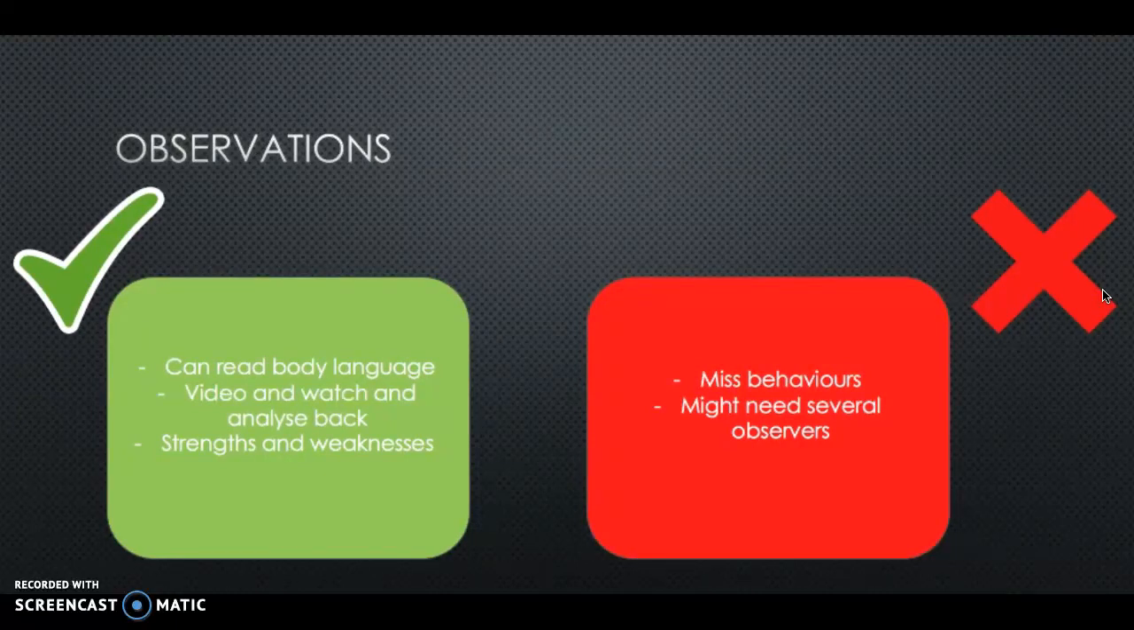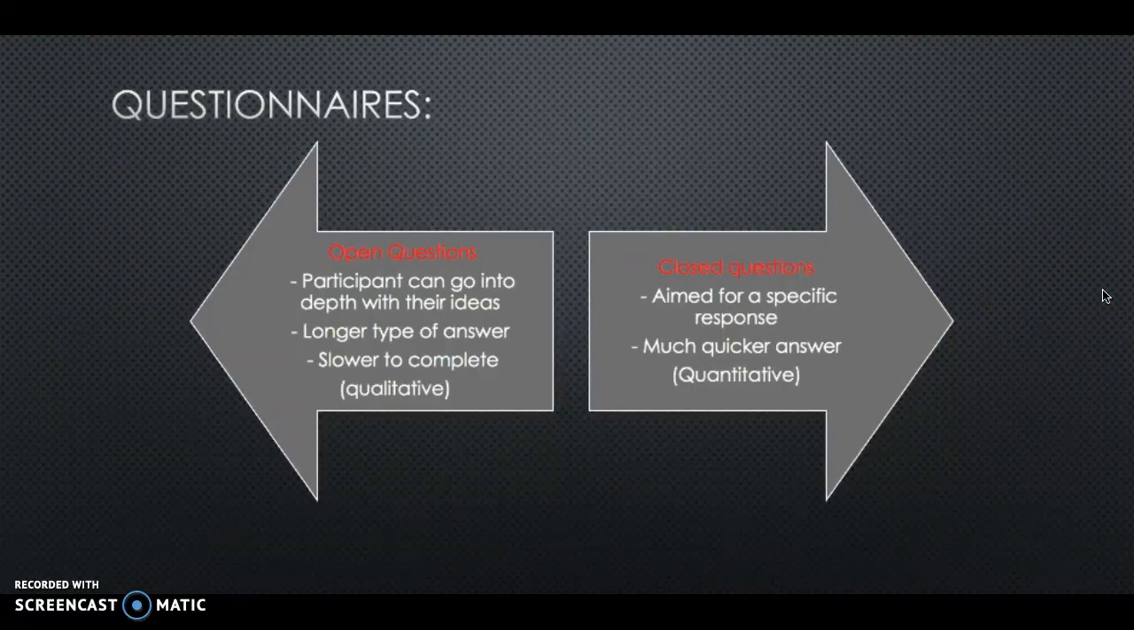An advantage of observations is you can read body language, you can video it and watch it back and analyse it and see the strengths and weaknesses, but negatives are misbehaviours, and you might need several observers. For questionnaires, you've got two types of questionnaires. You've got open questions,